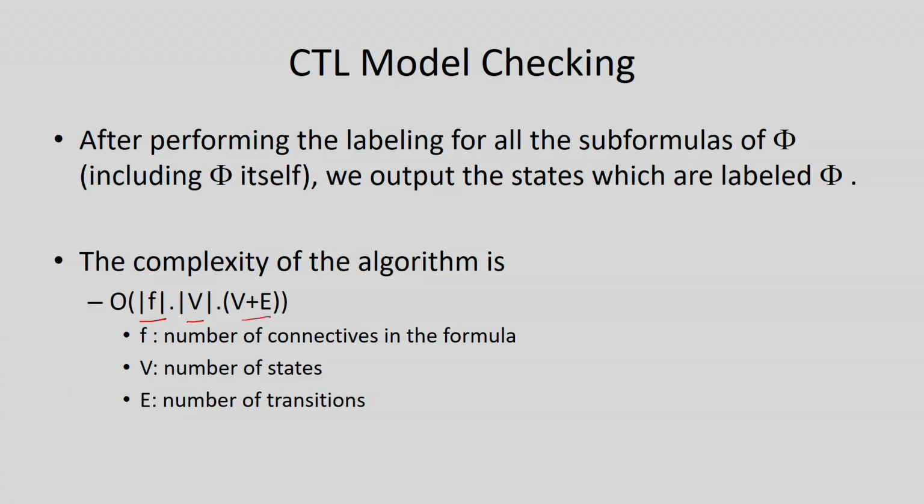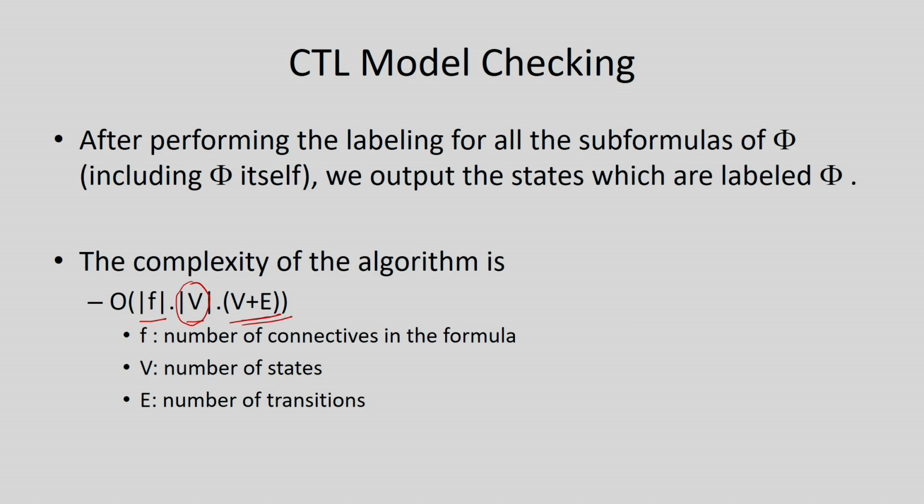So, from the primitive sub formula we always need to start. For that many times we have to run our algorithm. Again we are going to look at all the states that we have, because we have to check it for all the states. Finally, we are going to return the set of states where the given formula is true, and it is nothing but a graph traversal algorithm.